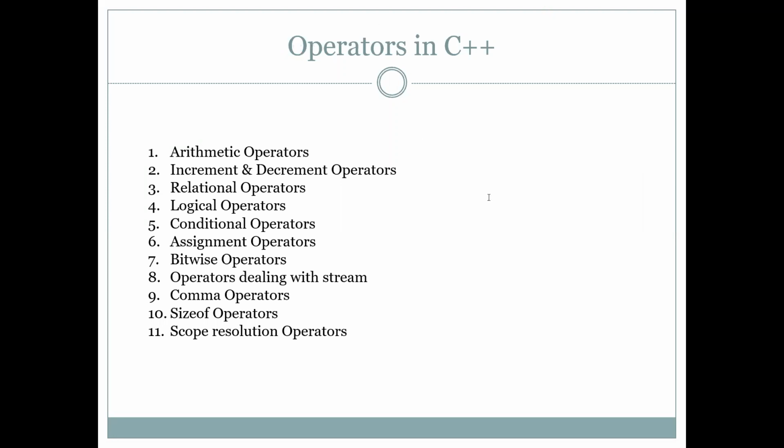Basically there are two types. Okay, first one is unary, and second one is binary operator. Okay, so your unary operator works on a single operand, whereas the binary operator works on two operands, such as a plus b. Okay, and for the unary, only b plus plus. So this is the difference between unary and binary. For the unary, you require only a single operand, whereas the binary works on two operands.